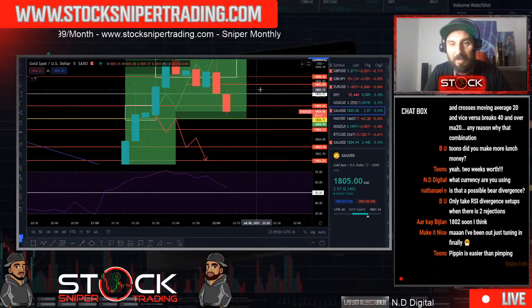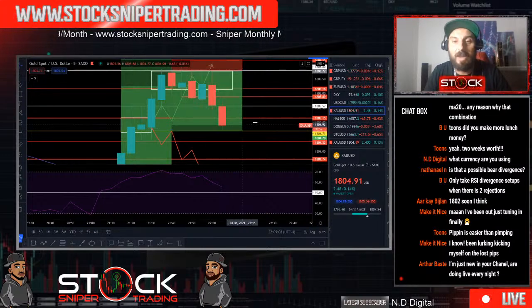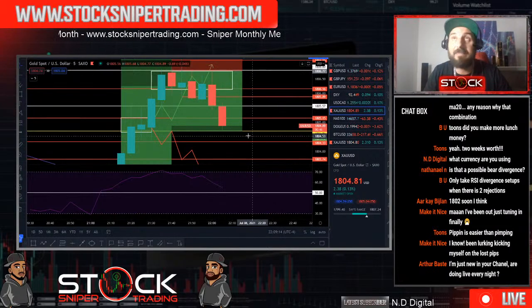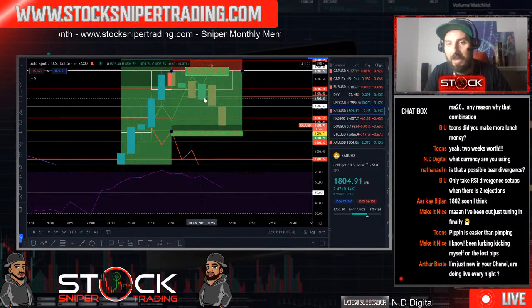But in the meantime, guys, if you're in pips right here, you've got to grab some, okay? Grab some, and then leave a partial runner in case we break down further. But we're going to wait for the candle body to close. That tells us a lot. Just like when this candle body closed below these two, now we have